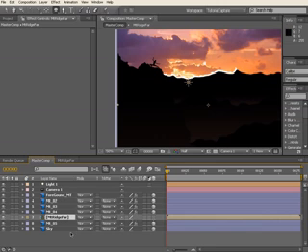So what we can do, notice it's a little bit out of whack given where our sun is here, and that's because we need to switch on the collapse transforms toggle. If we switch that